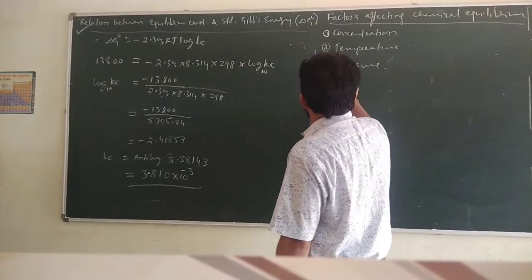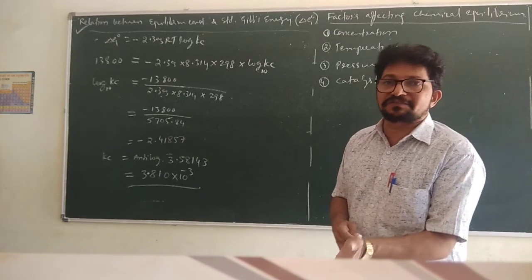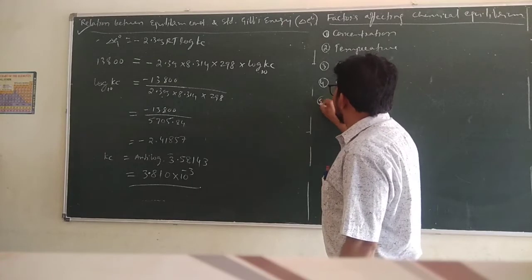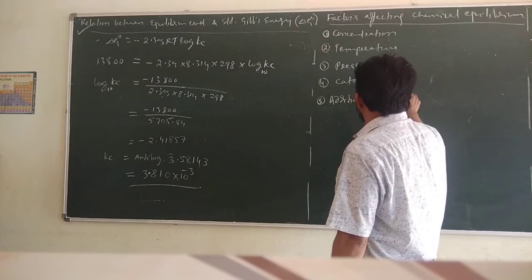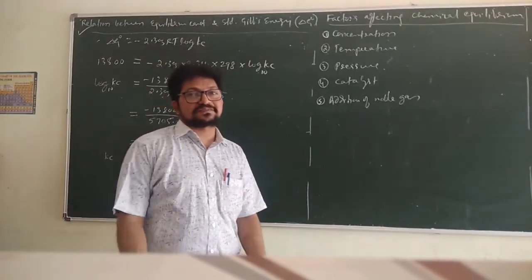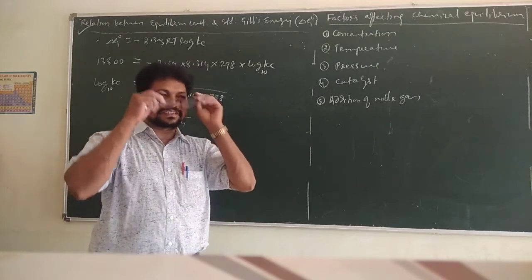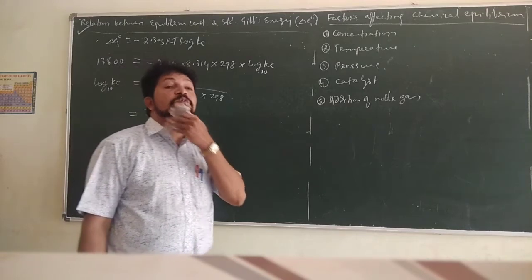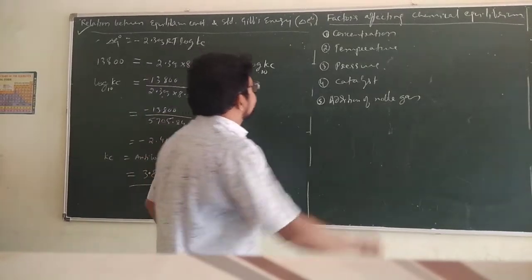Then, what about the catalyst? Whether it affects the equilibrium, because it affects the rate of the reaction, you know. So how does a catalyst affect the equilibrium? We shall learn. Addition of noble gas. Noble gas or inert gas, they don't react, no doubt, but they require some space. If you force some noble gas into a reaction vessel, something will happen, isn't it? Because they require some space, even though noble gases do not react. So these are all the factors that are affecting the chemical equilibrium.